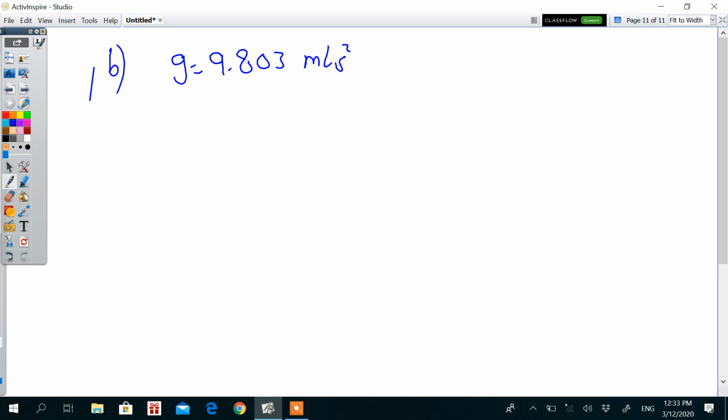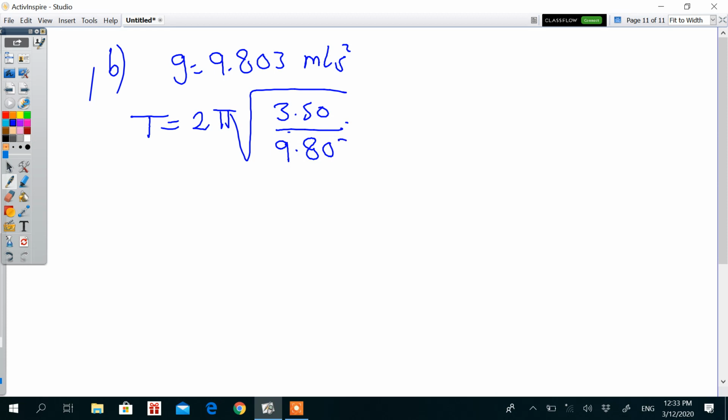Again, T equal 2 pi square root of L, which is 3.5 meter, divided by 9.803. And the answer is 2 pi square root of 3.5 divided by 9.803. And the answer will be